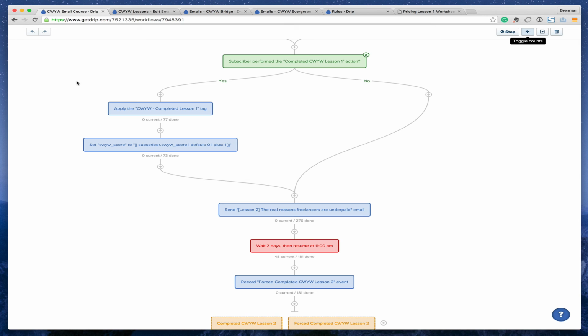This is a very basic version of it, but as you saw, you can do a lot of really interesting things that not only make the email course more valuable for the subscriber because it's going to be more tailored to them. You can do a lot of fun things like, I'm asking them when they opt in, are you a developer, a designer, a writer, and so on. I can start really sending different lesson content depending on what you chose or giving different examples. So developers might get one example, a designer might get another example in a lesson. A lot of room for improvement in this, but